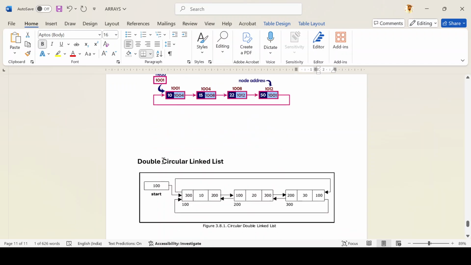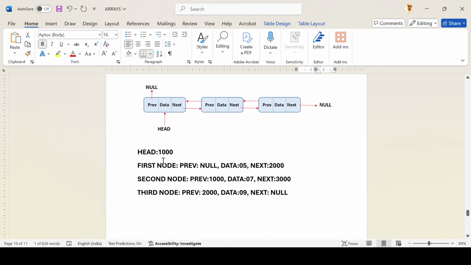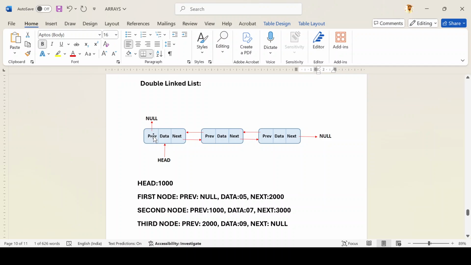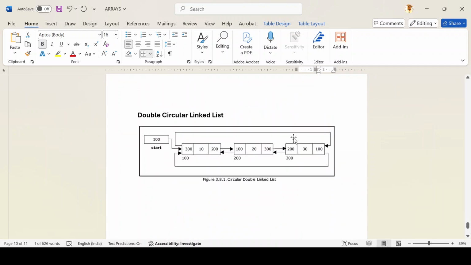Okay. And next one is double circular linked list. So now it is an advanced version of a double linked list. So whereas here in the previous we have a null over here, the last node next will be having the null, since it is a one way direction. In the double circular linked list, in the first node previous will store the address of the last node. You can see here the first node address is 100, second node address is 200, and third node address is